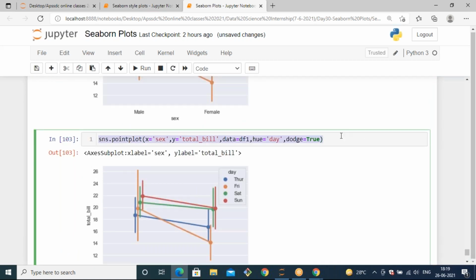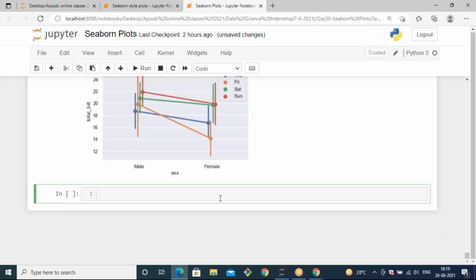And we also have one more parameter: you can specify the estimator.